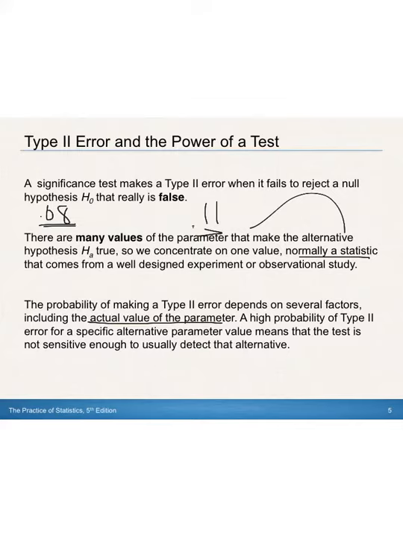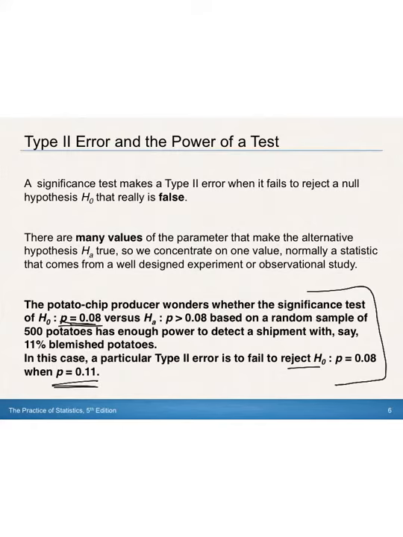A high probability of type 2 error for a specific alternative parameter value means that the test is not sensitive enough to actually detect that alternative. And a high type 2 means a low power. A low power means a high type 2. So in this particular case, the potato chip producer wants to find out if they're